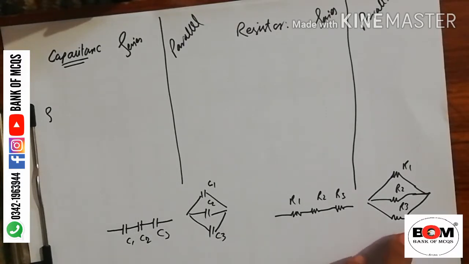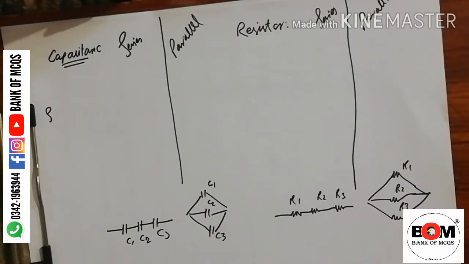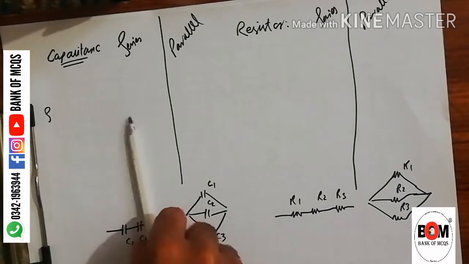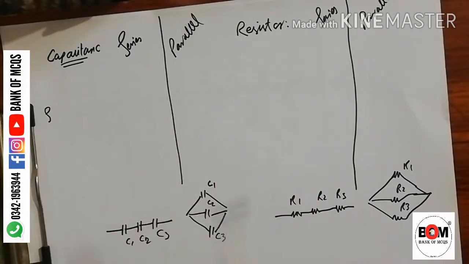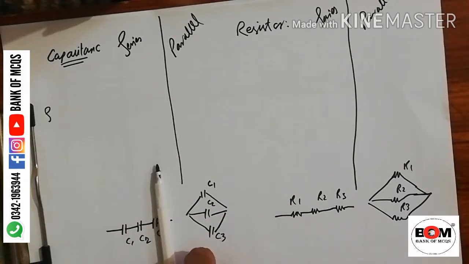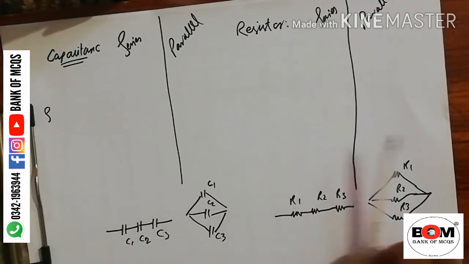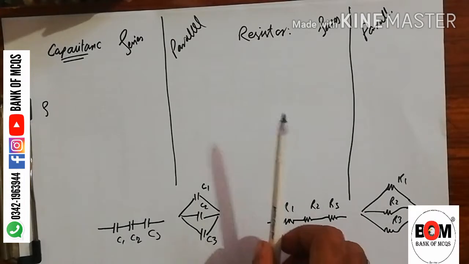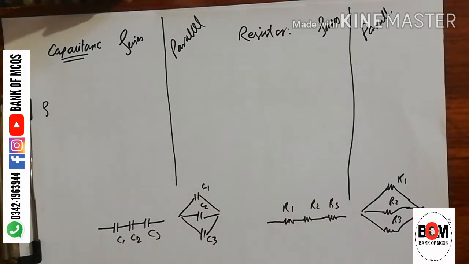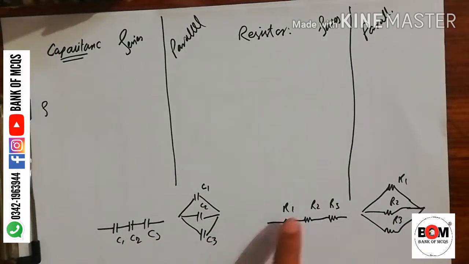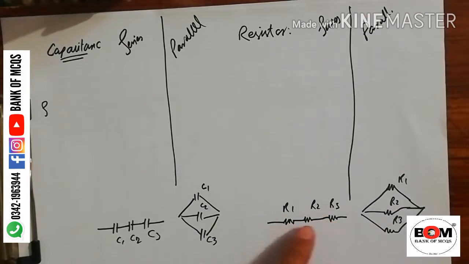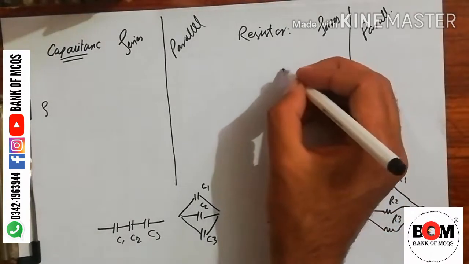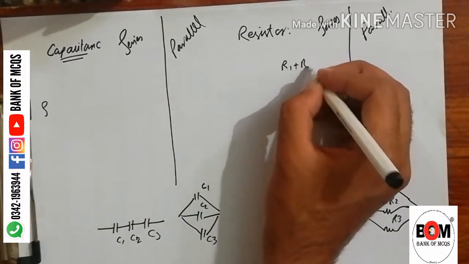In this case, I would like to draw this table because the resistance and capacitor are opposite of each other. It stores energy while the other wastes or uses energy. So this value is opposite of this. If we know that this is one resistance, then combining the second and its front, we add them, and so on. So in series, the resistances are added as R1 plus R2 plus